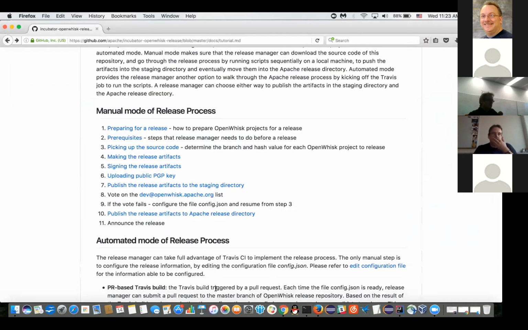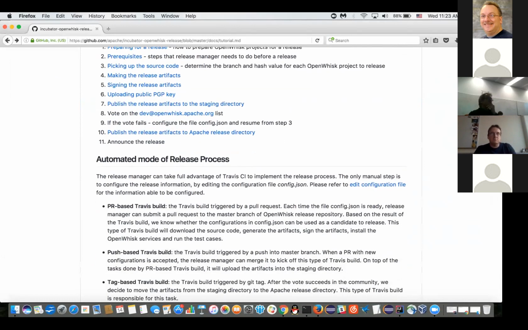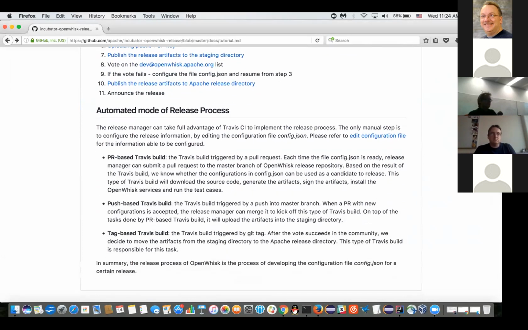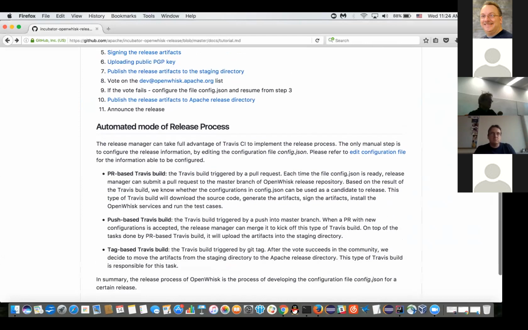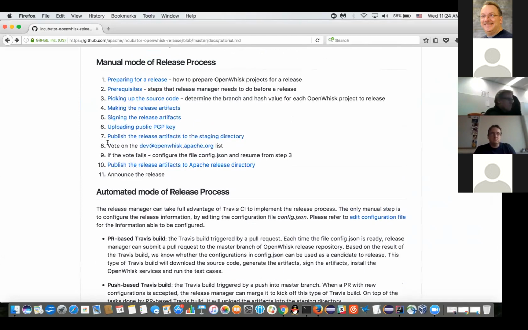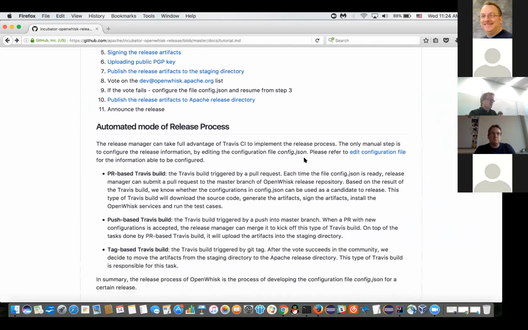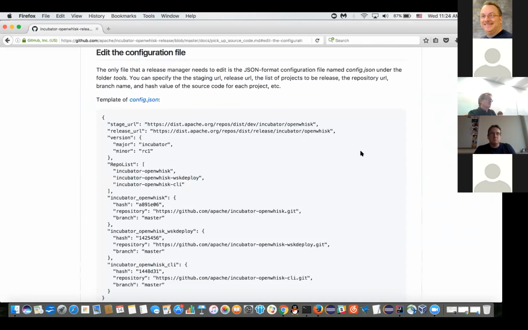Okay. If you, as a release manager or developer, are still tired of those manual steps, there's another mode we provide to alleviate your pain, which is called the automated mode of the release process. The basic idea is we trigger a Travis CI job to do these steps for us. But how do we kick off the Travis CI job? By submitting PRs. The only thing we're going to do is edit these configuration files to decide where the stage URL is, what version we're going to release,